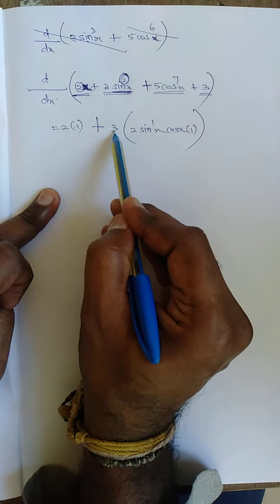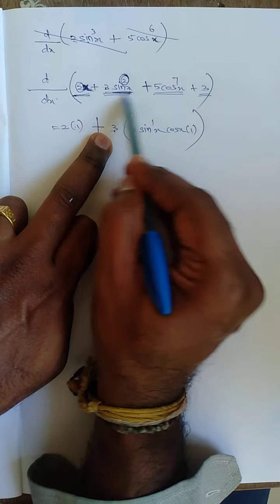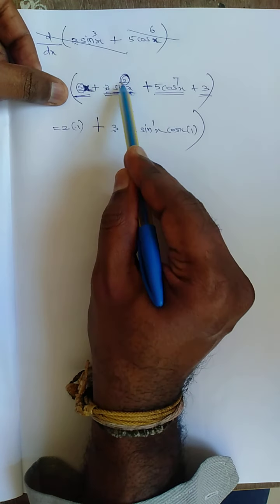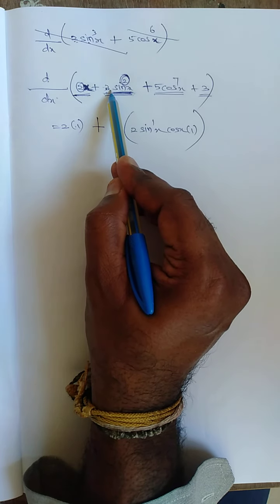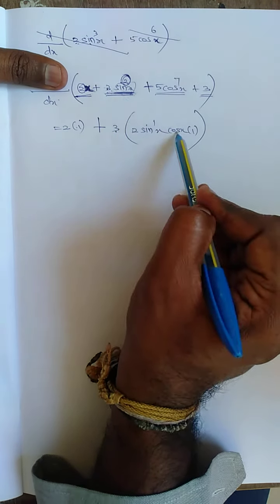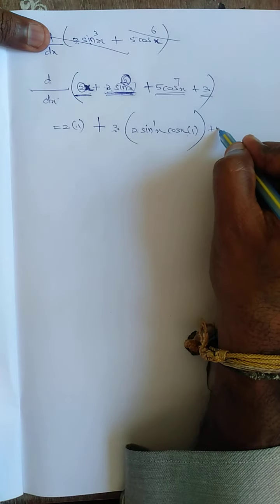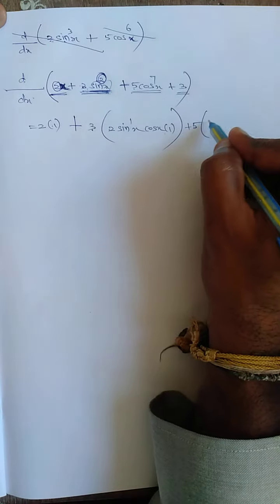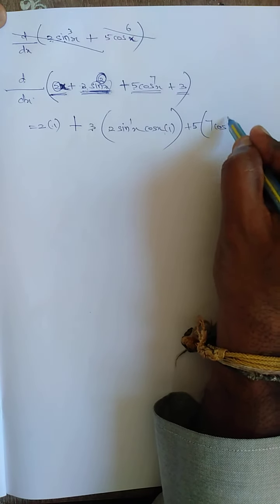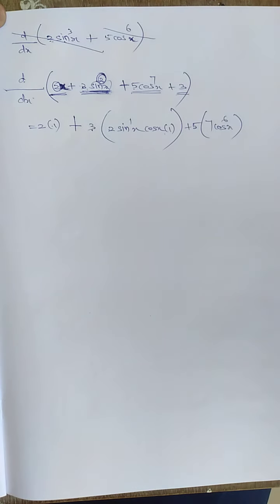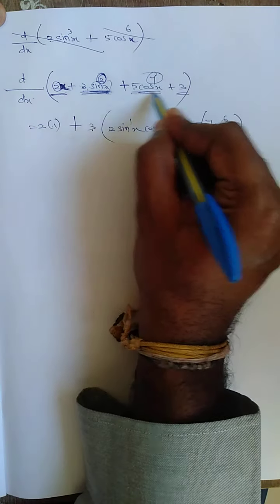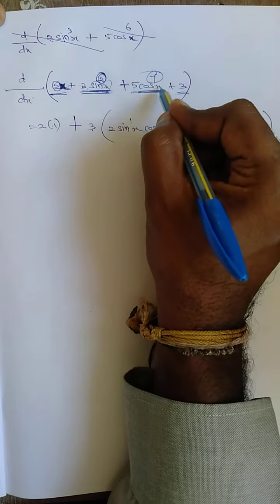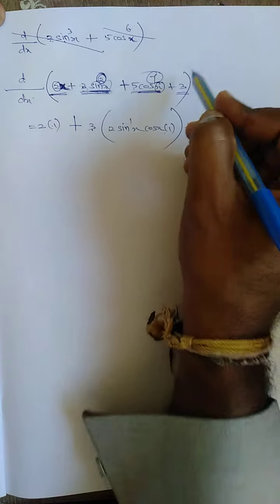First, this one, 3 is a constant, write as it is. This is the same term, no, 3 as it is. Sin square x, bring down 2 outside, bring down the power, reduce the power by 1: 2 sin x, then sin x differentiates to cos x, x differentiates to 1. Plus, 5 as it is, constant. Bring down the power, 7, reduce the power, 7 cos power 6x. I have done only the power. Next, differential of cos x is minus sin x. X differentiates to 1. Still there is another term.